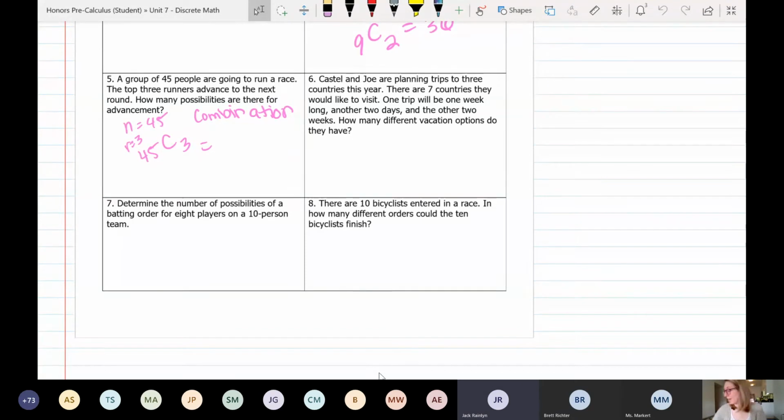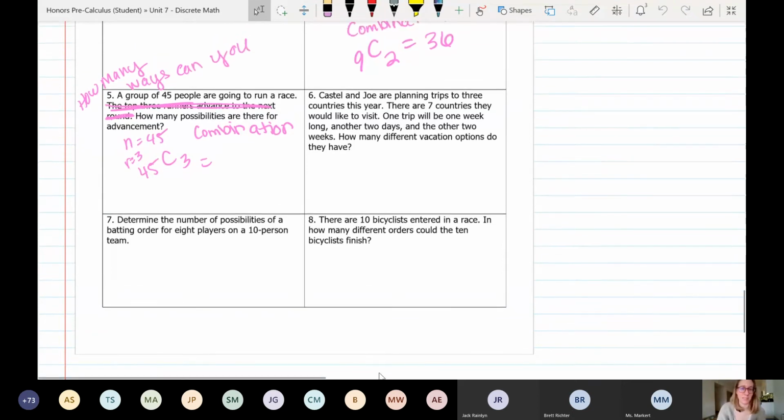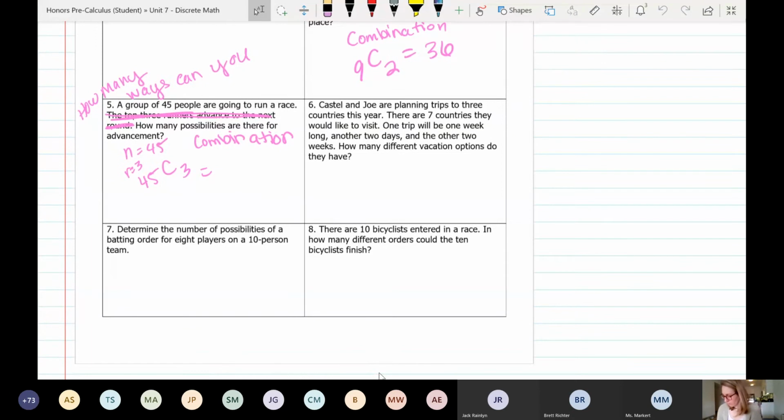So let's just say, ignore these rules. Okay, so now we're changing the problem. So if I said, how many ways can you award first, second, third? All right, so first you have to change the problem because as is, problem number 5 is